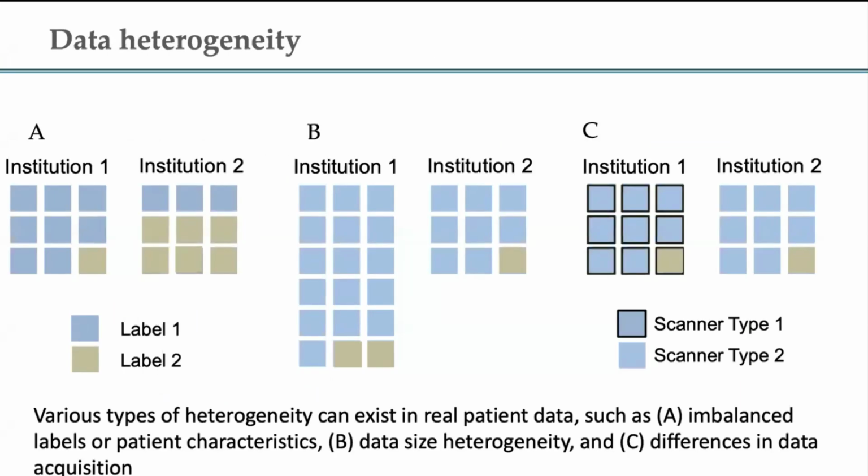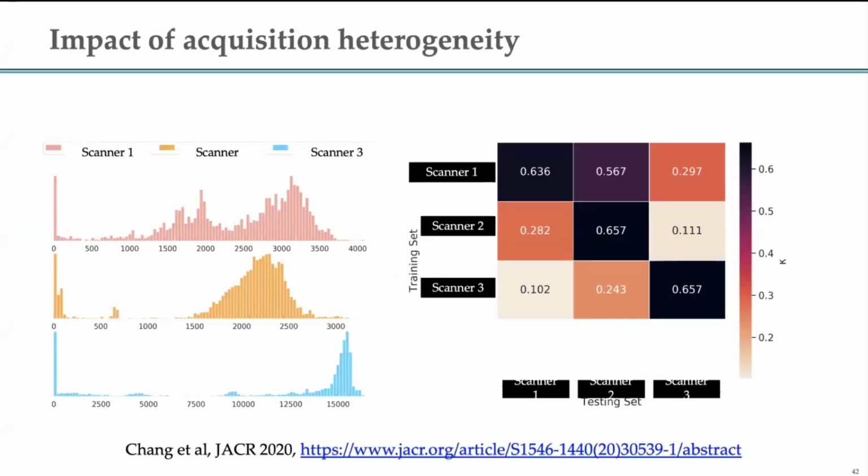Some of the ways in which data heterogeneity can manifest is in the prevalence of the disease. If you're looking at an inpatient setting versus an outpatient setting, or a screening versus other settings, or a place where there's a lot of the disease versus not, the prevalence can be quite different. The number of cases at multiple institutions can be different. The image acquisitions can be different. And all of this can lead to substantial degradation in the algorithm performance.